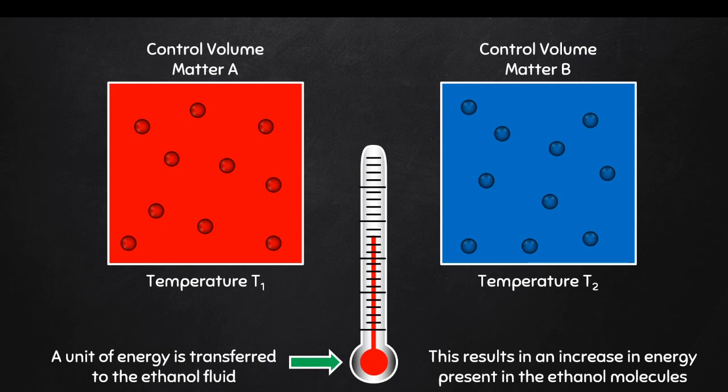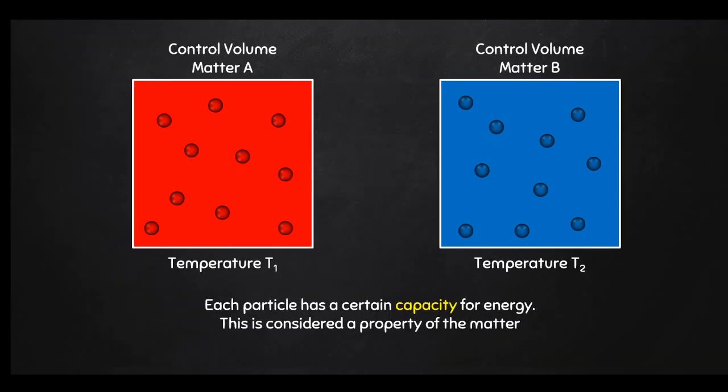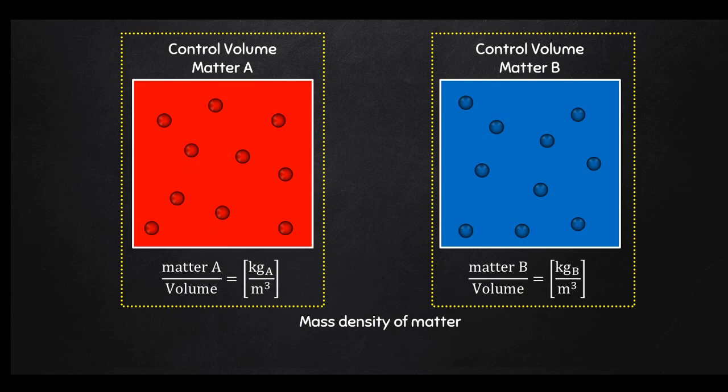What form does this energy take on then? In this case, kinetic energy, for instance, plays a very big role in the volume which the particles take up, where particles of ethanol bump more frequently into each other. Each particle in the control volume takes up this energy according to its capacity to do so. And one form in which this energy is expressed is through kinetic energy, resulting in the motion and collisions observed